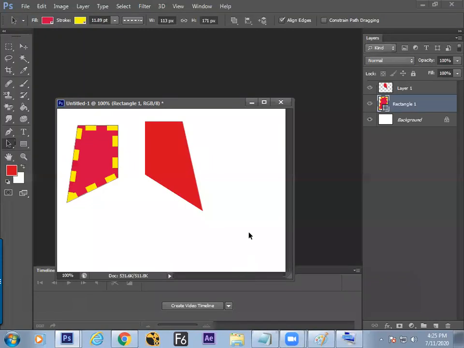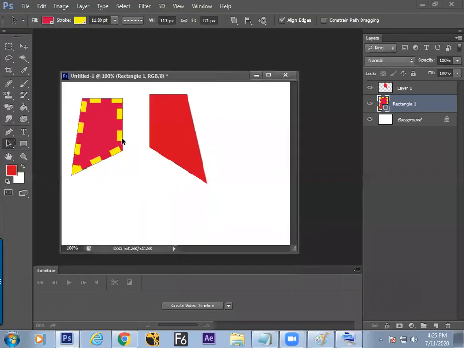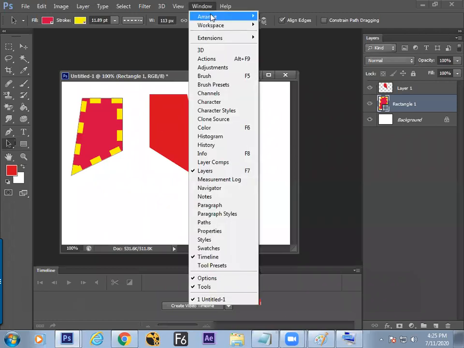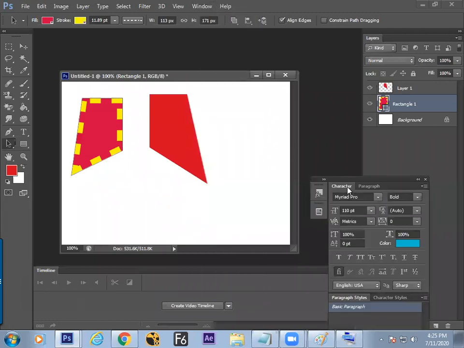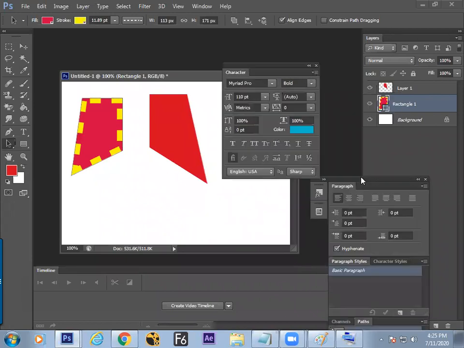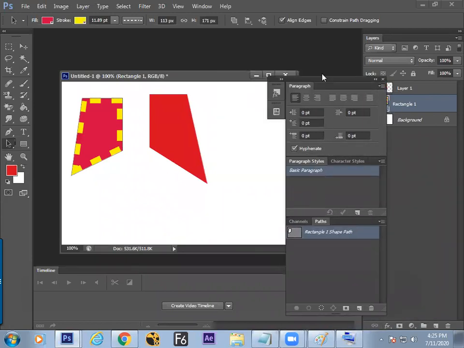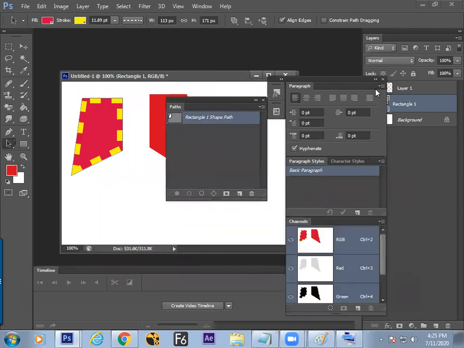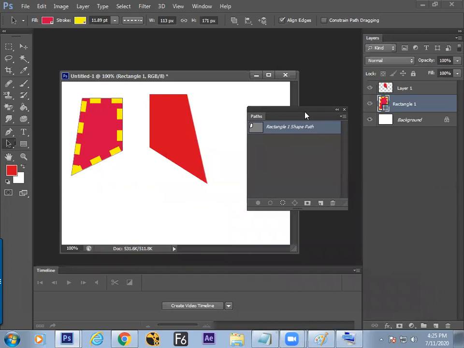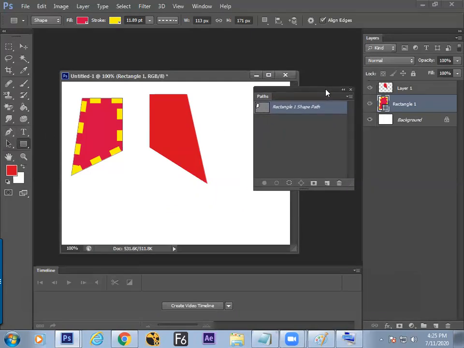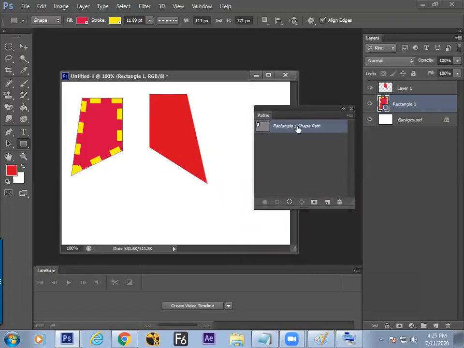Now, next information. Once we have drawn the shapes, in the Window menu we find an option called Path. In the Window menu, there is a special button called Path. Often the shapes are saved in a path window. As with a layer window, we have a path window where all the shapes and structures we are making will be saved inside the path. We'll be learning about the path in detail once we come to the pen tool. But for the time being, we have understood that the shapes created are in a special window called the path window.